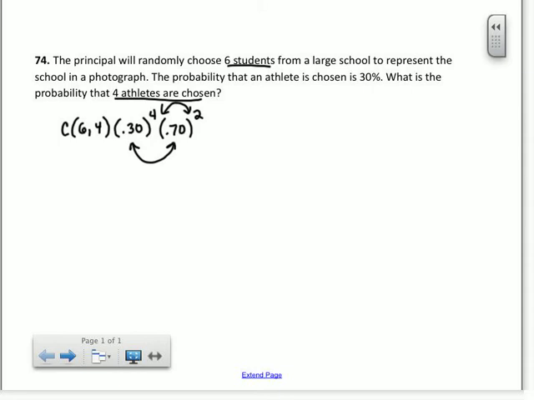Okay, and then we figure it out. So remember, we do 6, math, PRB, nCr, 4 on our calculator. We get 15. You can do it all at once if you want. So times 0.30 to the 4 times 0.70 to the 2. When I do that, I get